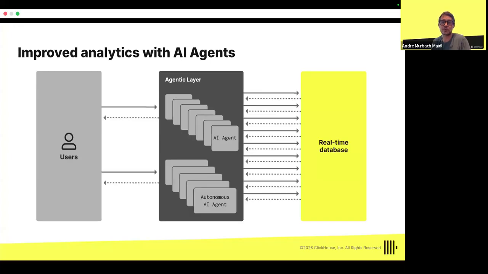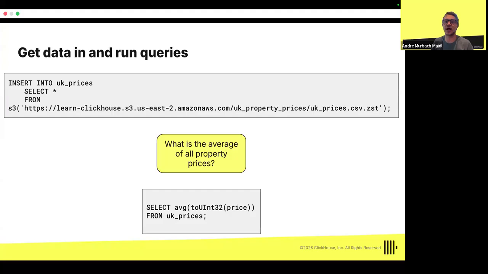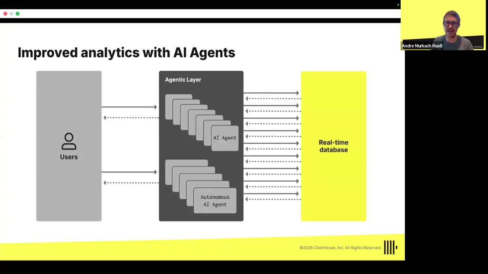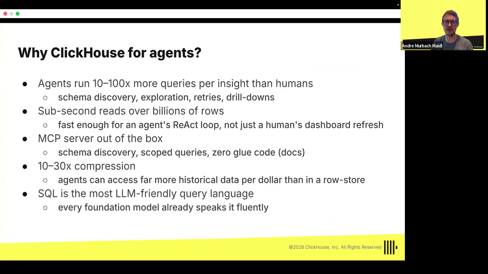This is one of the reasons that ClickHouse is also well suited for running with agents, because we want to use ClickHouse as a real-time database system. We want to build an agent layer that sits on top of ClickHouse, and we want our users to write these queries in natural language, like what is the average price of all property prices, and then we want agents to get this and run the query on top of ClickHouse.